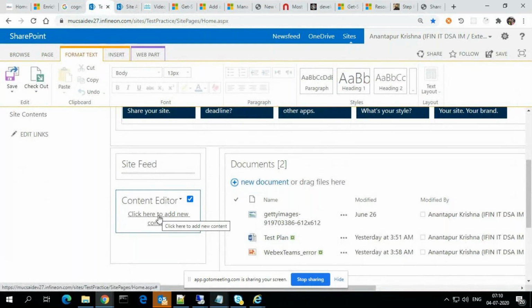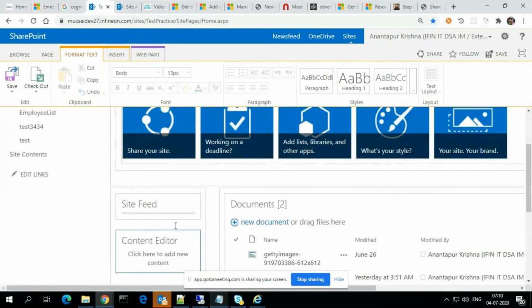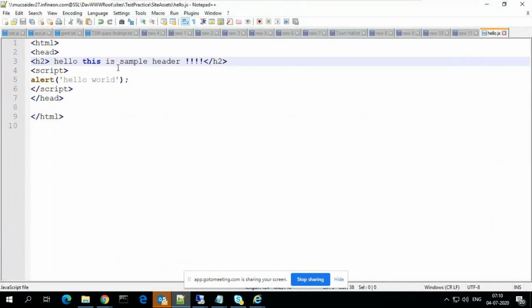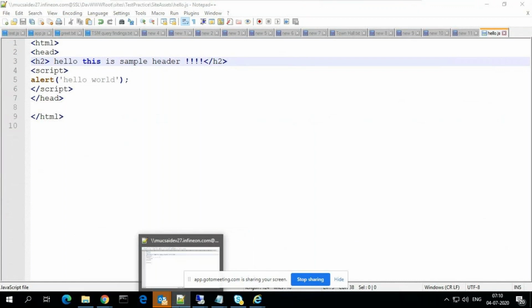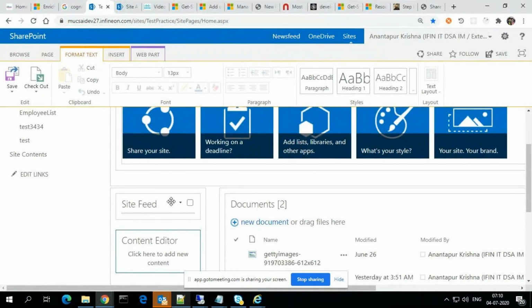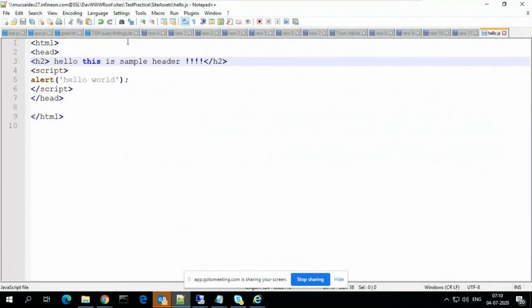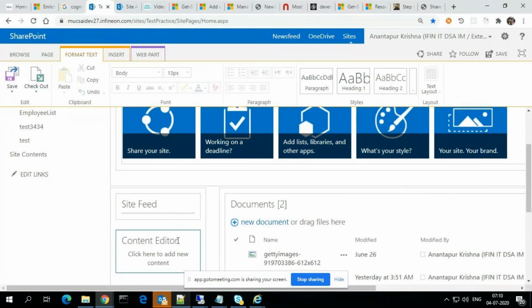In some scenarios it is better, but if you have multiple files, then in earlier versions it was using the content editor part, but recently they introduced the script editor part. Both are the same, but it won't give the flexibility of file functionality like this. Every time for script editor you need to go and edit the page, then you can write it there. Instead, if you want to maintain files, you can maintain them like this. It depends on where you are comfortable, you can write the code there.